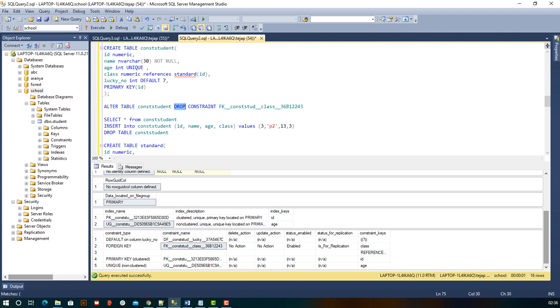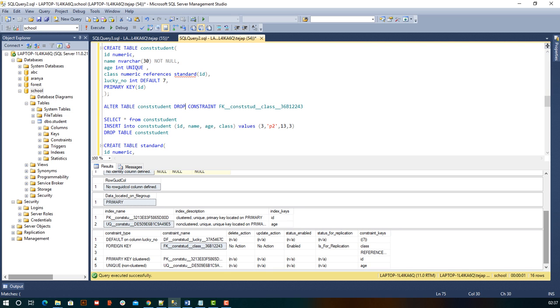So if you want to drop, you can drop it. If you want to add, you can add. If you want to change something, you can write modify, right? Like if you want to modify the data type of this, then you can write modify here. But before that, we need to make sure that if there are 10 names already added under that, and you want to change it from this to int or number, you have to remove all those data, then only you can change the data type. So that is modify, add and drop.